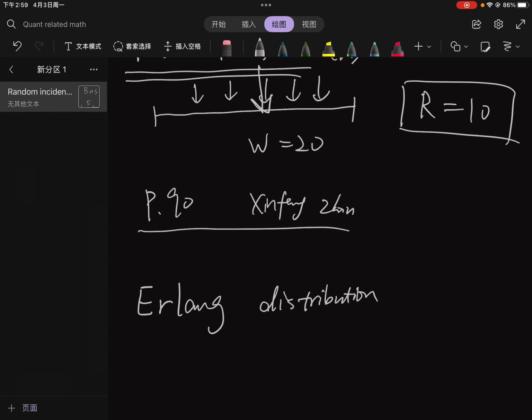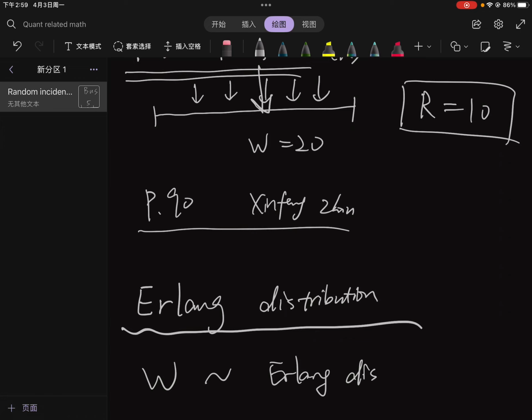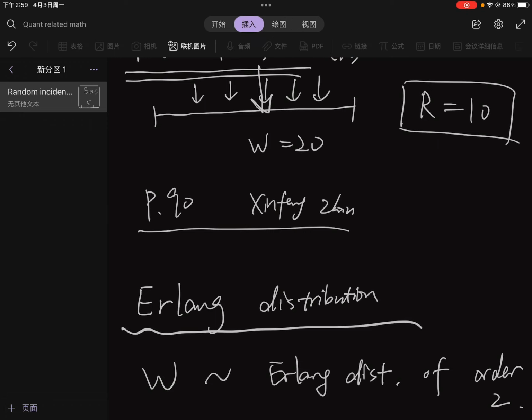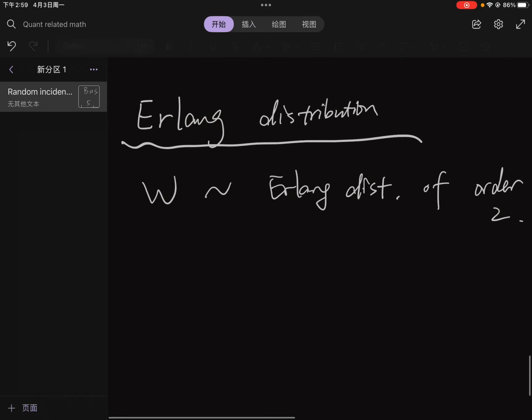I'm sorry, the W. So W will follow the Erlang distribution, when lambda is equal to 2, of order 2, which means it's the sum of two exponential distributions. So you can check the definition of the Erlang distribution, and I think